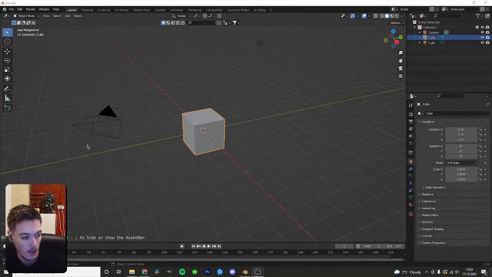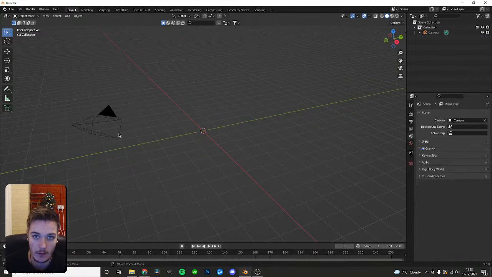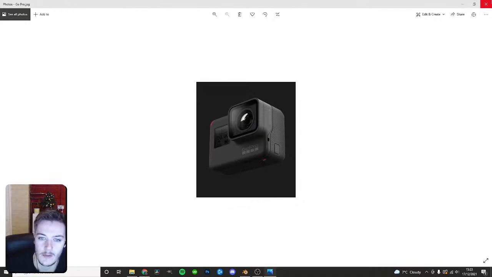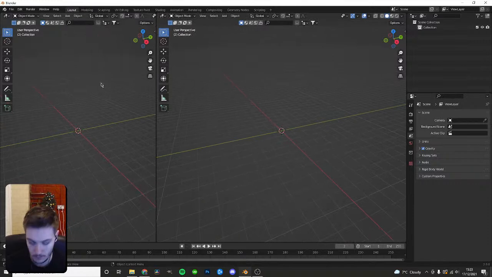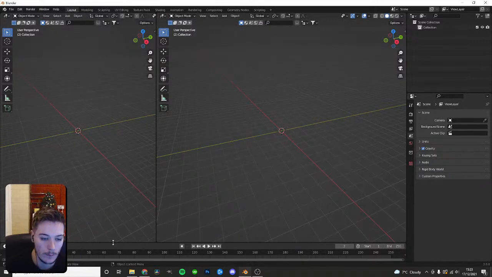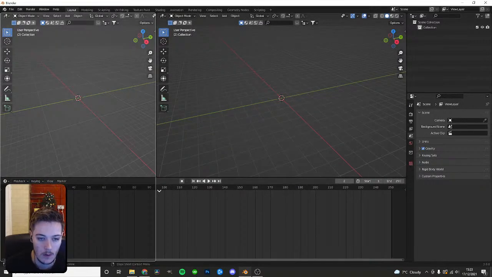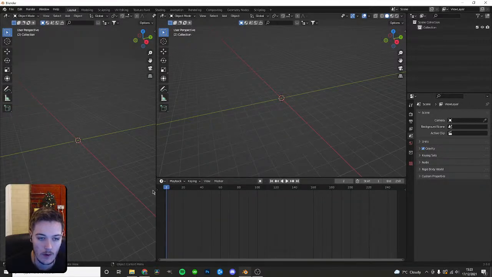So today we're going to be remaking a render that I found on Pinterest. I actually think it's a real photo, I don't know, real photo, render, no idea, but this is it. This is what we're remaking today. I'm going to show you the process of